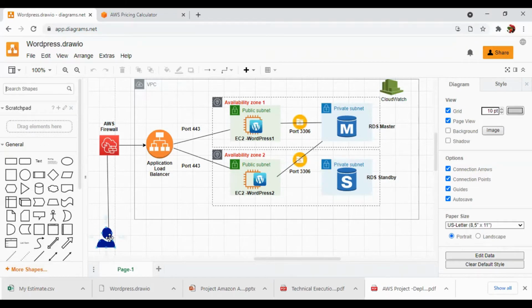So first what it will hit is the AWS firewall, where the firewall will decide whether the request from the user is coming from a valid source or not, and whether it is for a valid target, like a valid IP, URL or port of that target. So the security check is done over the AWS firewall.